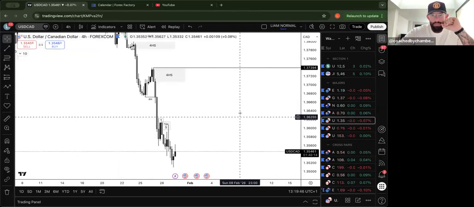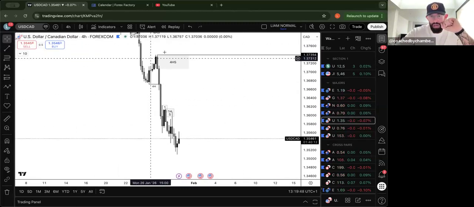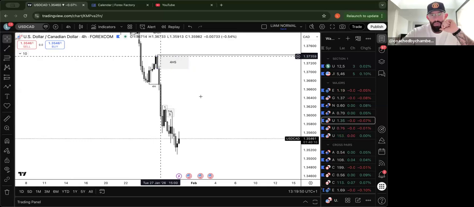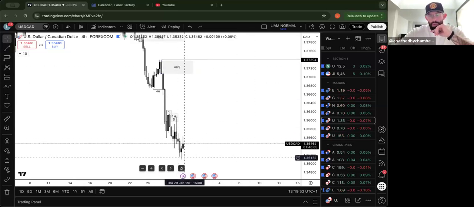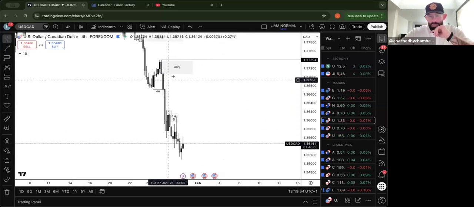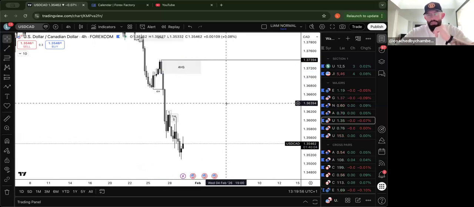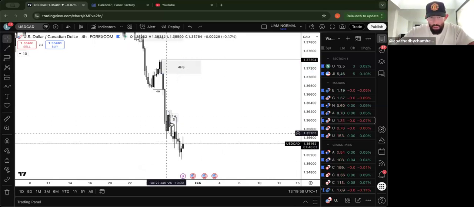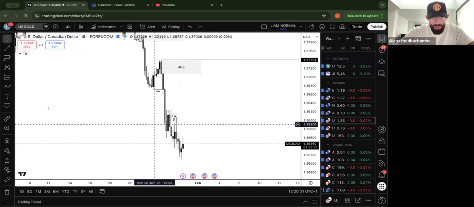Going into USD CAD, obviously the 4 hour range is still from here. This is my 4 hour lower high, 4 hour lower low. We've got a lot of imbalance above, as well as this 4 hour supply that is unmitigated. And of course, on the 1 hour, we've been pretty corrective. So first thought is,